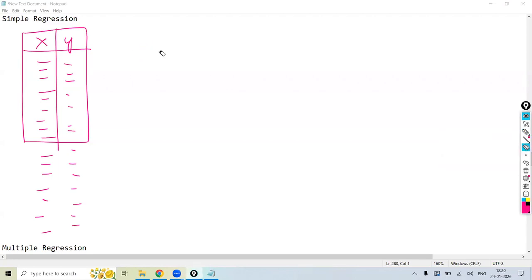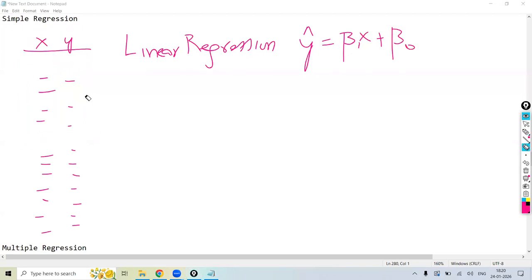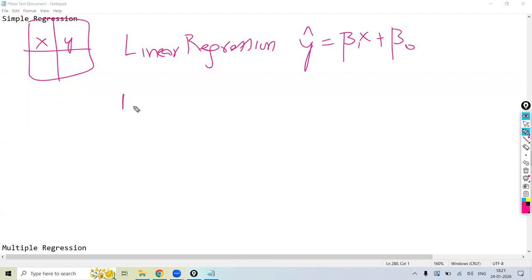For linear regression, write clearly. What is the equation? The equation is y hat equals beta 1 x plus beta naught. That is the equation. Here you have one input variable and one output variable, and this is linear regression, as we already know. Now, when it comes to non-linear regression,